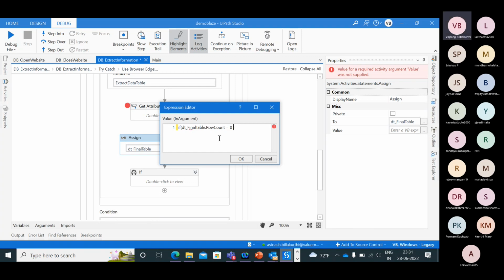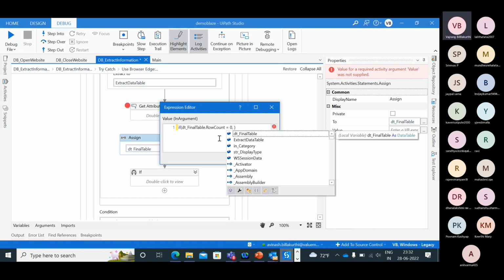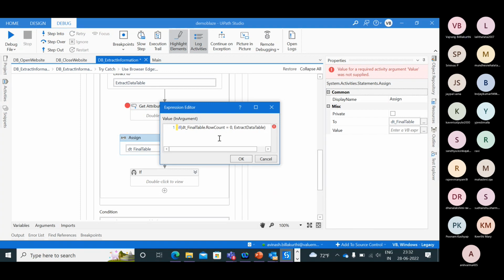Extract it. If it is this, then it should be extracted data table dot clone. So instead of extracting all the information, it will just clone the table.